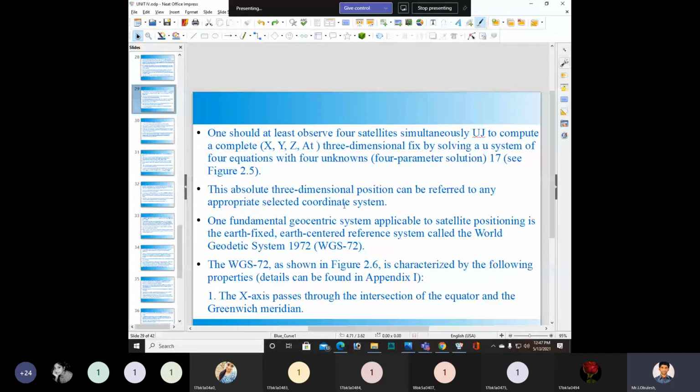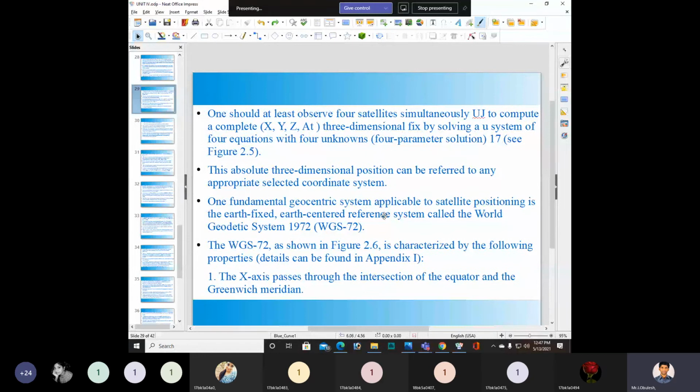This absolute three-dimensional position can be referred to any appropriately selected coordinate system.